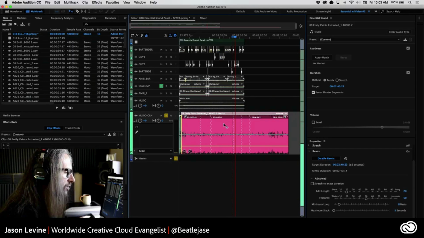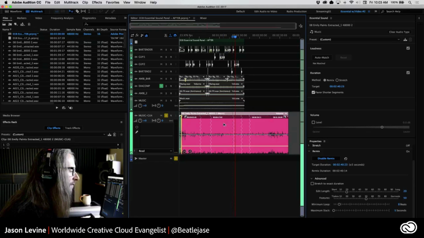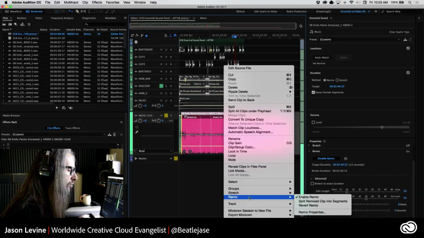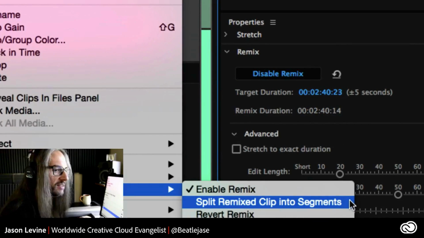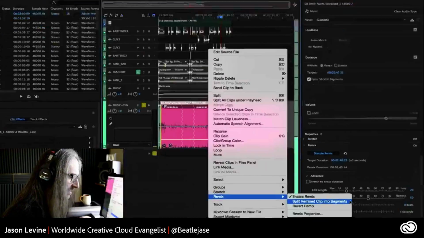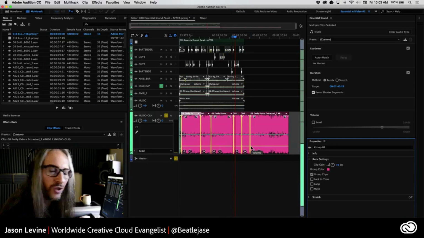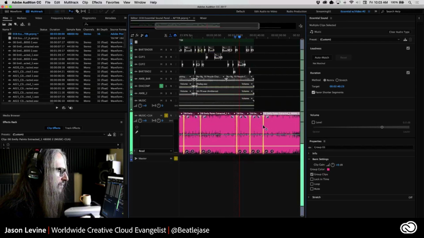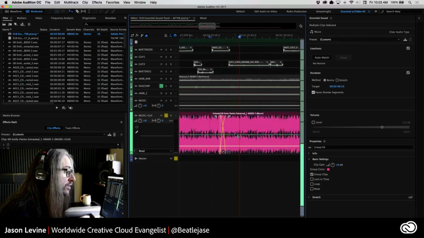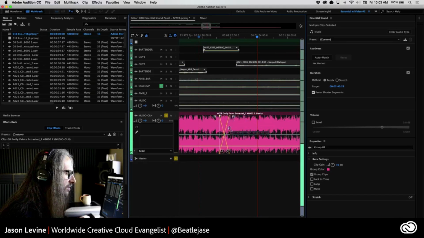And to give you even more control, what if you wanted to re-edit these sections or move those sections around yourself? You can right-click, go into Remix, and you'll see you have an option here to split remixed clip into segments. So when you do that, now we actually give you access to the crossfades. Now it's going to group them together. So selecting everything, you won't be able to move stuff around, which is good because the edits are done for you. But this is going to allow you to non-destructively adjust the crossfade